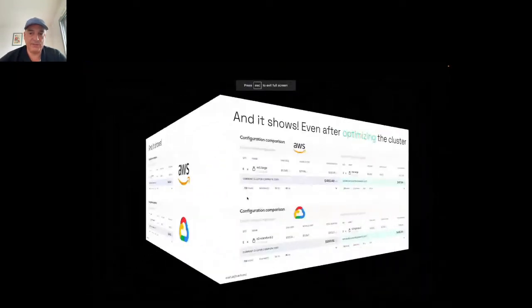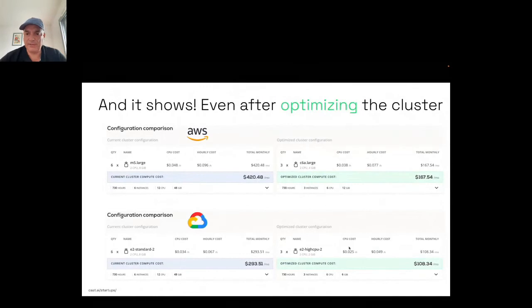And this is what this is showing to you here. Here it's without Spot Instance, but even without Spot Instance, the AWS one costs 167, the Google one costs 108. Now, in some other case, it may be the opposite. It may change over time, but this is a good